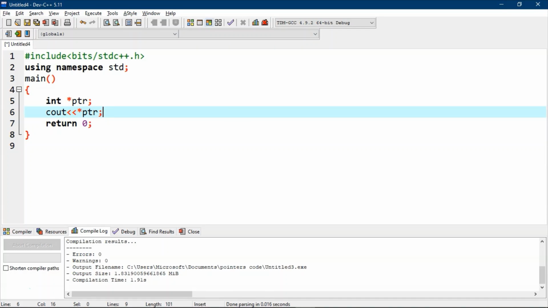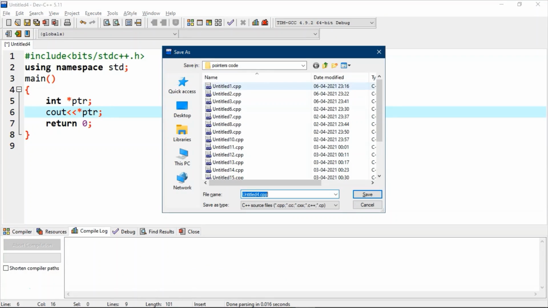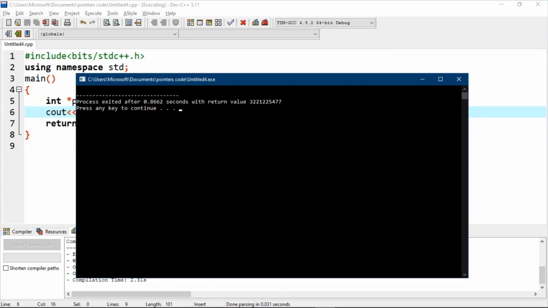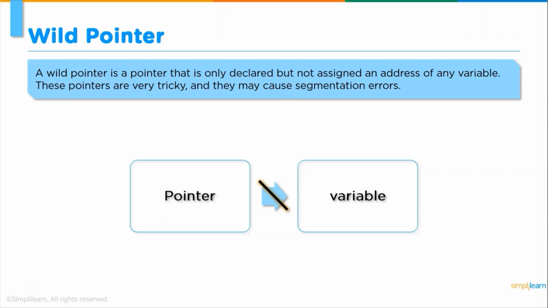Let's execute this. As you can see, we are not getting any results because there is no value assigned to it. Sometimes it may even show a segmentation error. Let's get back to our slides.